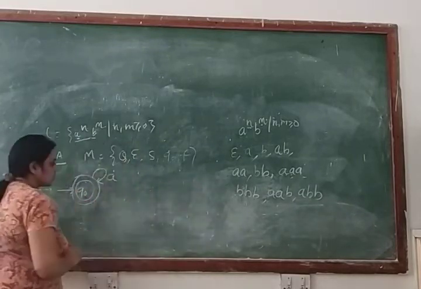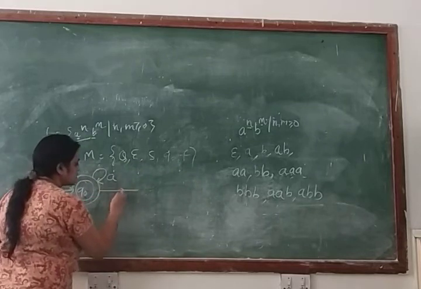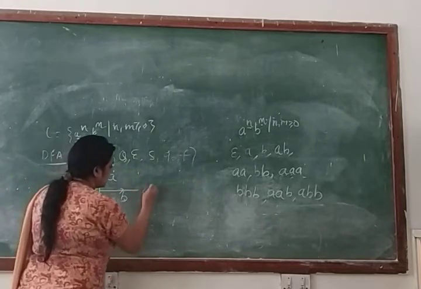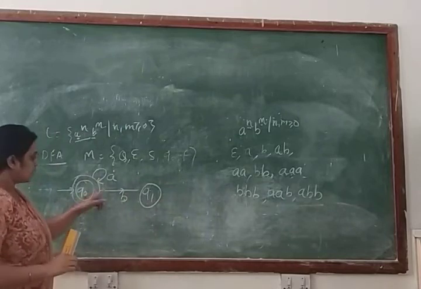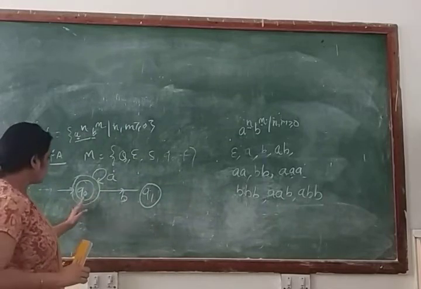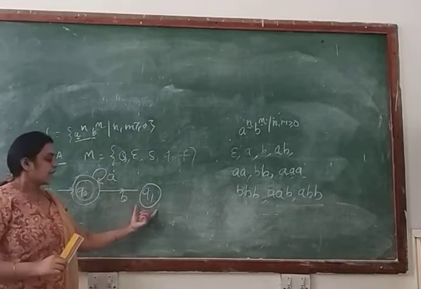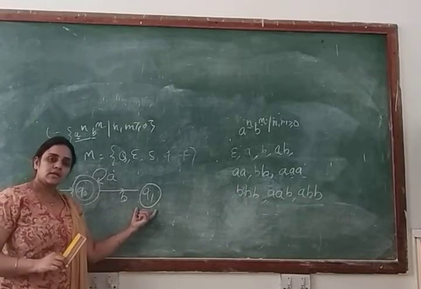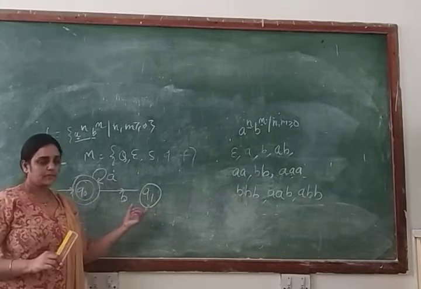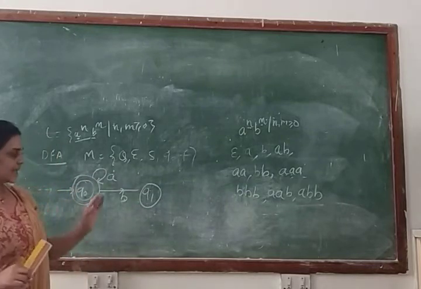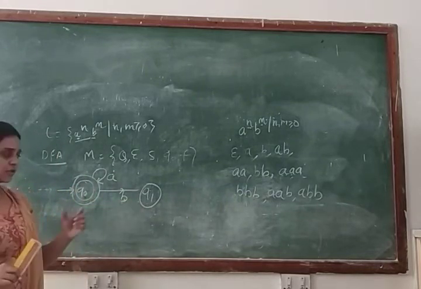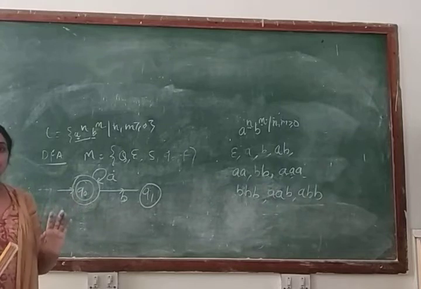So we don't have any choice. So we will make a transition for the input symbol B to the other state, and that is Q1. So we are making a transition for the input symbol B from Q0 to Q1 state. Clear? Now my question is, can we make Q1 state a final state or not? So just think about it. Can we make this a final state, because we already have one final state, and that is Q0.